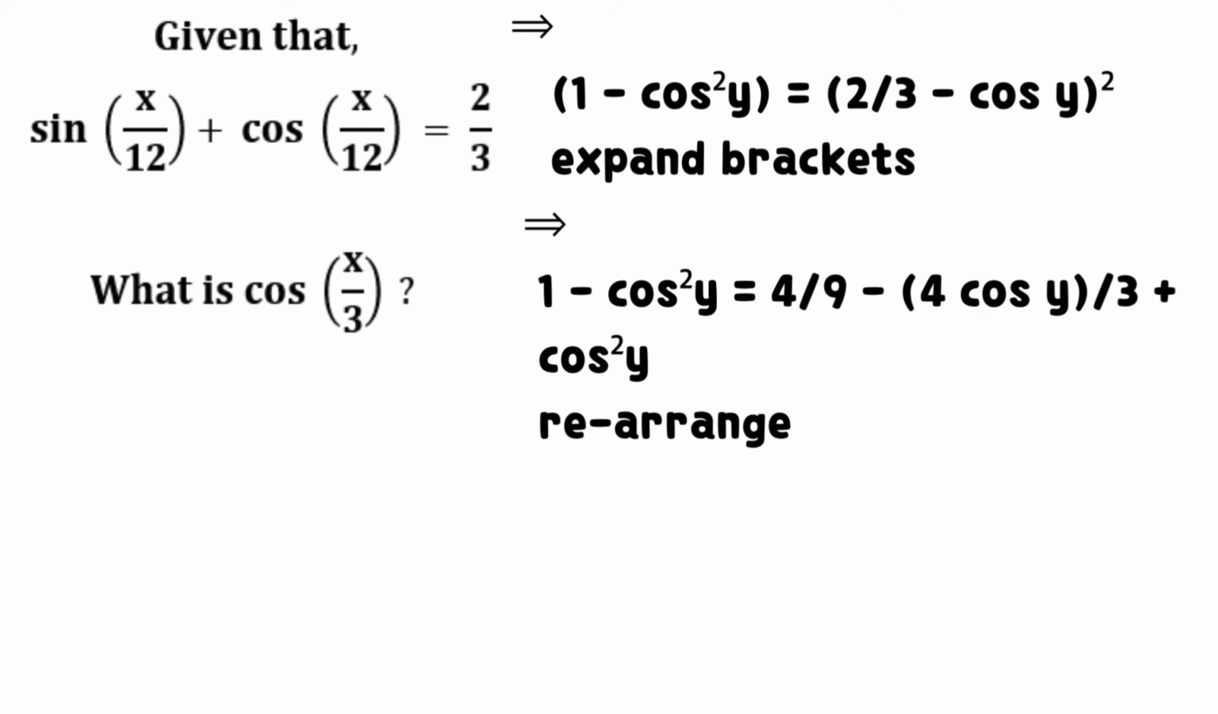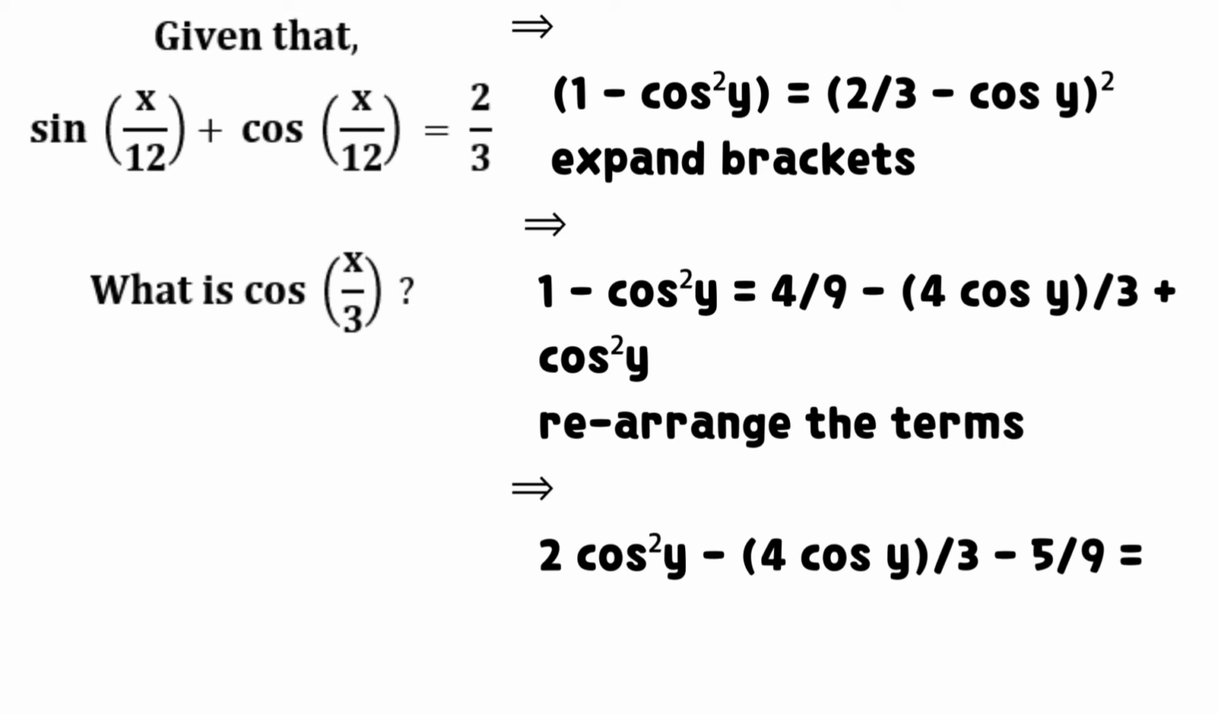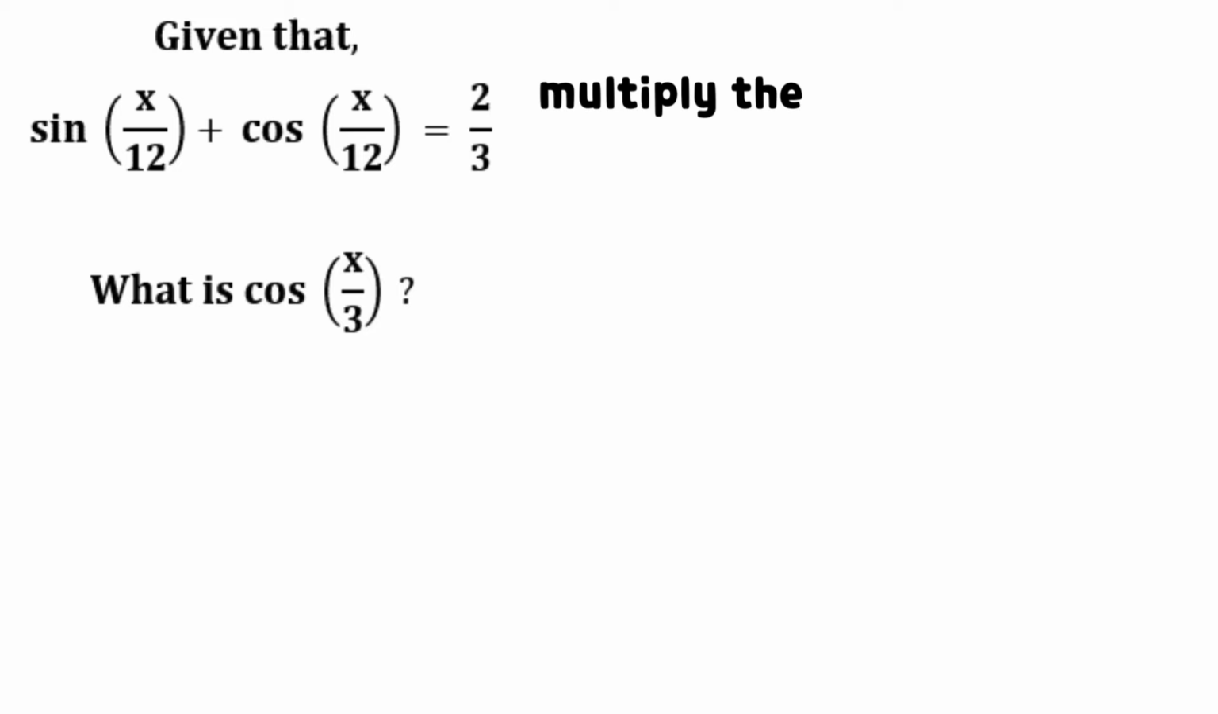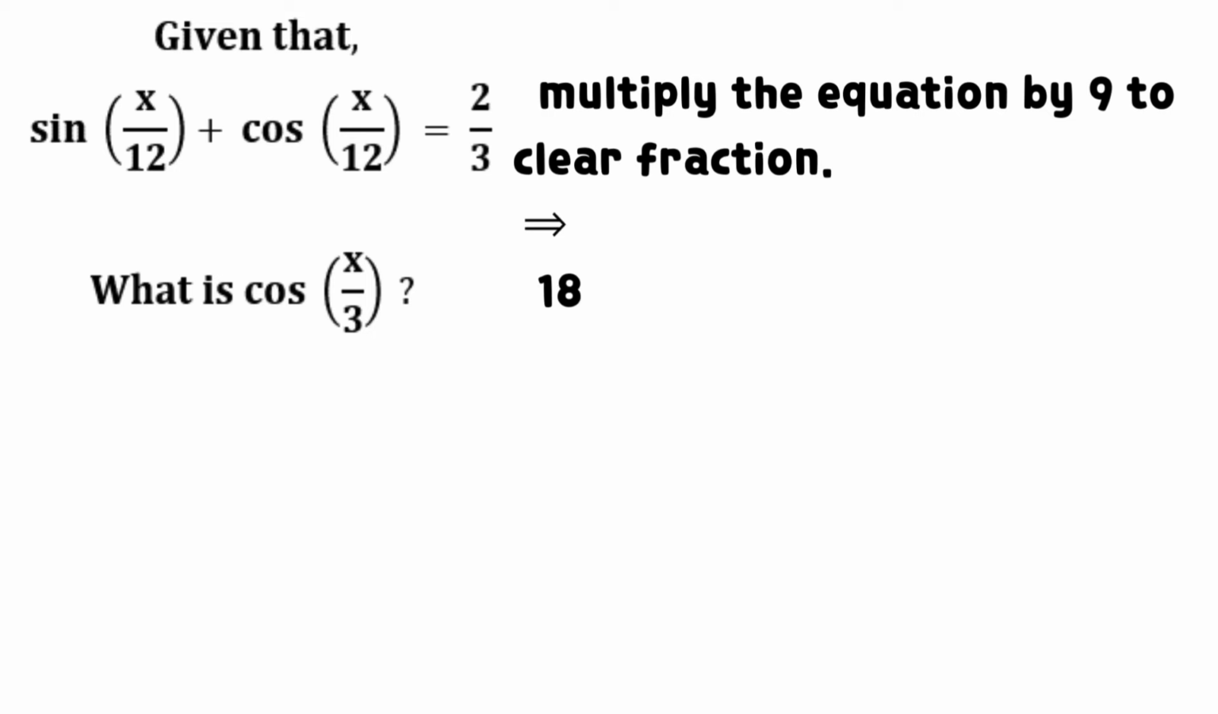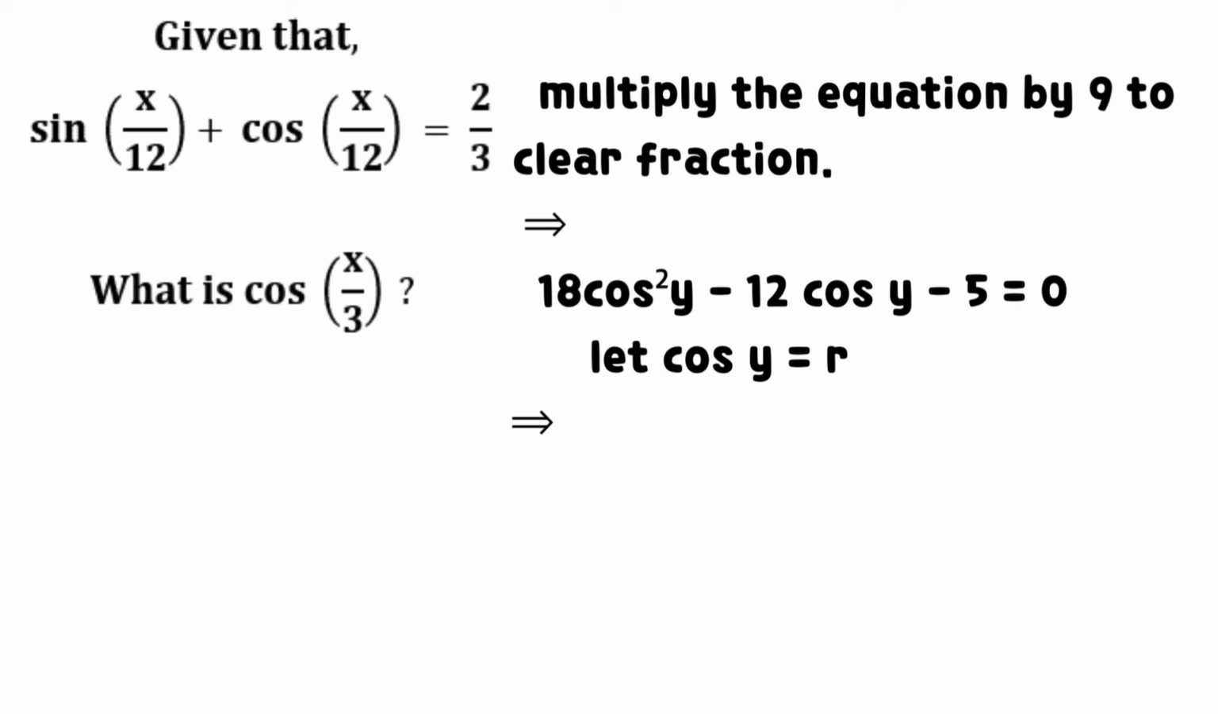Thus, expand brackets to have that 1 minus the square of cosine y equals 4 divided by 9 minus the product of 4 and cosine y all divided by 3 plus the square of cosine y. Rearrange the terms as shown on the screen to obtain an equation in cosine y. Multiply the equation by 9 to clear fractions. It implies that the product of 18 and the square of cosine y minus 12 times cosine y minus 5